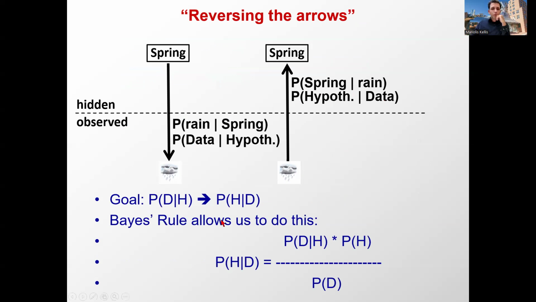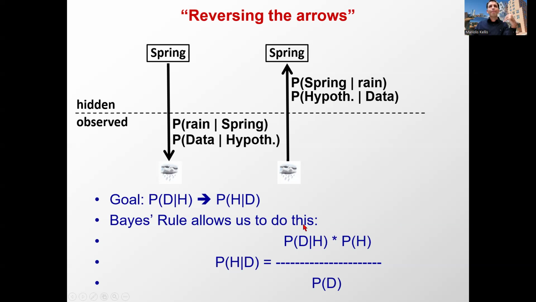Okay? So we have the probability of the data given the hypothesis, or the state of the world, if you wish, and then we're trying to infer the probability of the state of the world, i.e. the patient has Alzheimer's, from the observations, i.e. I measured this expression for that gene in that tissue. Okay? And that's where Bayes' rule comes in.